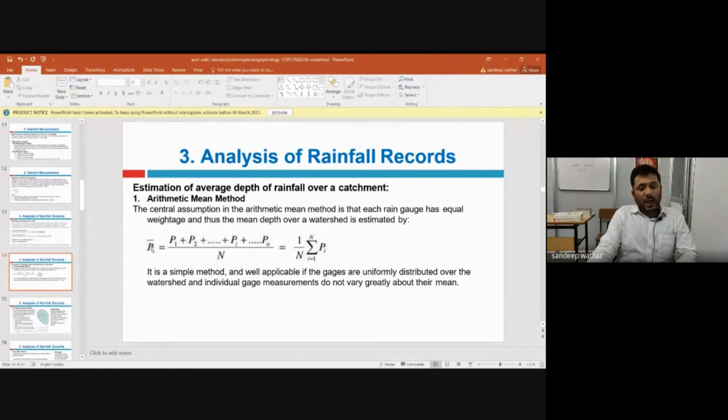That will give you the average rainfall for a month like September. Similarly, it can be done for a year, or for several months also. So basically, the arithmetic mean method gives you the average rainfall that is happening for a catchment area. Okay, right.